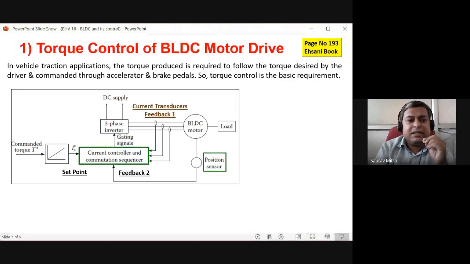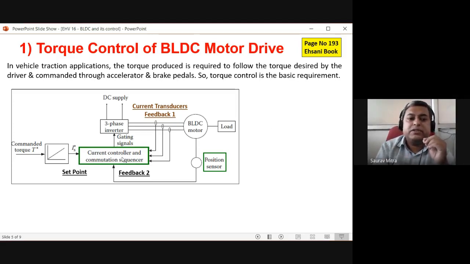So here this is the demand posed to the motor, that I am asking for more torque. Now please supply me. Who is going to supply? So here is the BLDC motor. This motor is going to supply to the load, and from this load to the command torque input, there is a feedback from this load to the actual controller. So this is that DSP controller, whatever we are talking about.